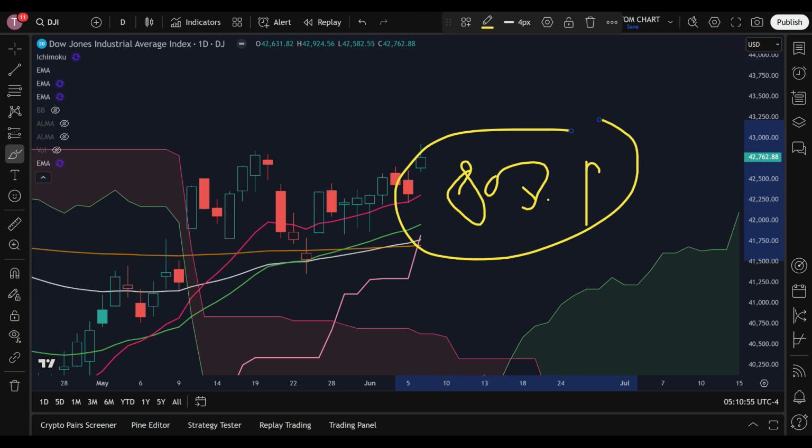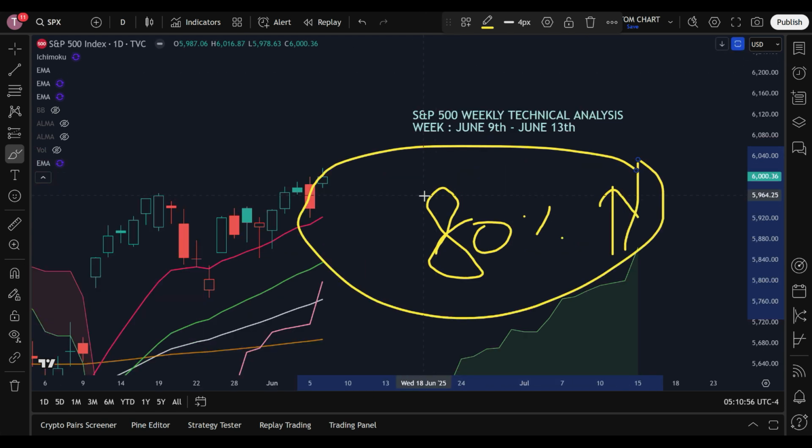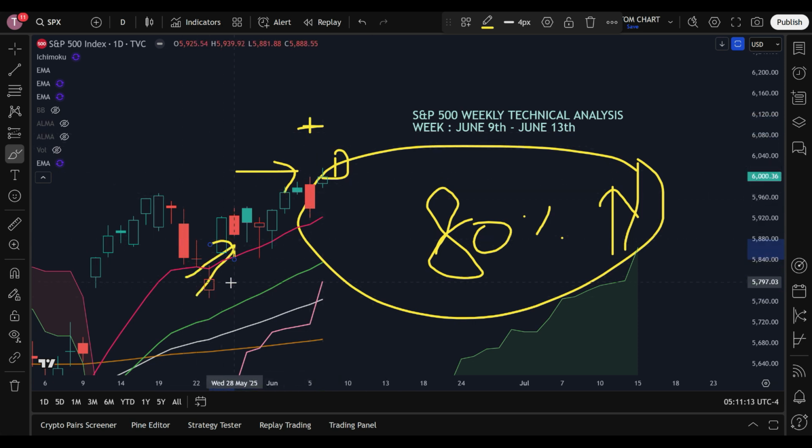Now the thing is that both the S&P 500 as well as the Dow Jones, if there comes a green candle of any kind, or a very thin red candle on Monday, in that case the MACD of the S&P 500 and the Dow Jones will enter into the bull side. There will be a confirmed bullish crossover, or the MACD will turn bullish.